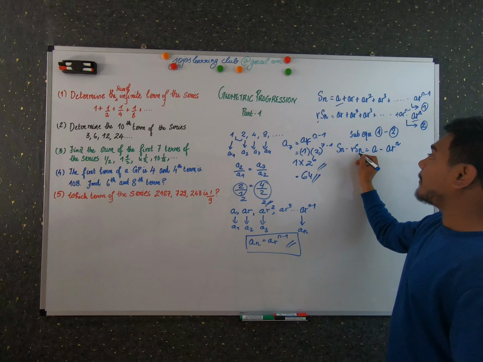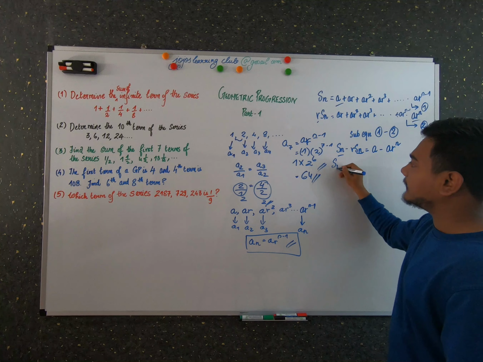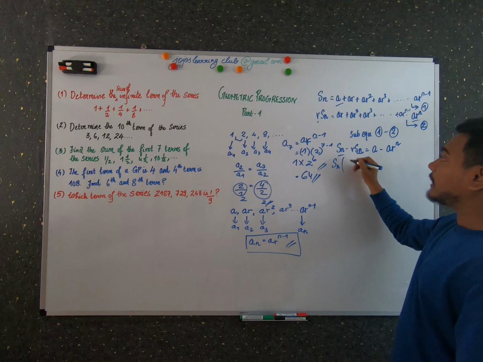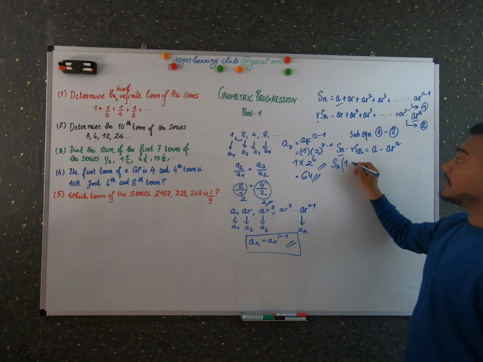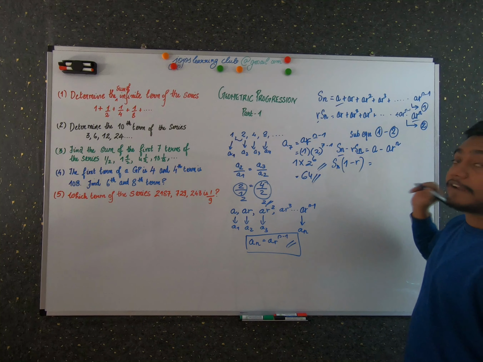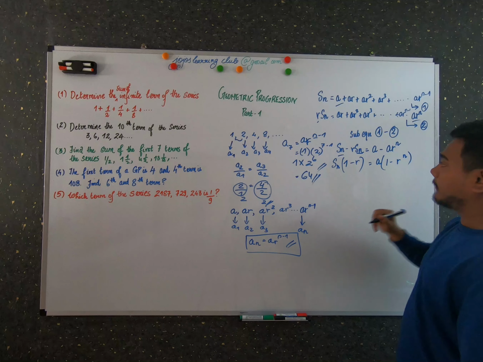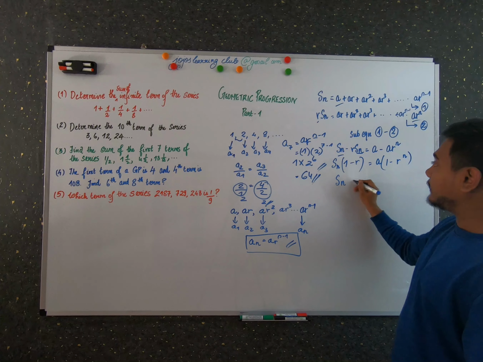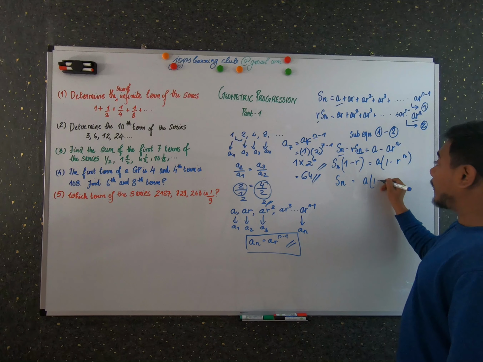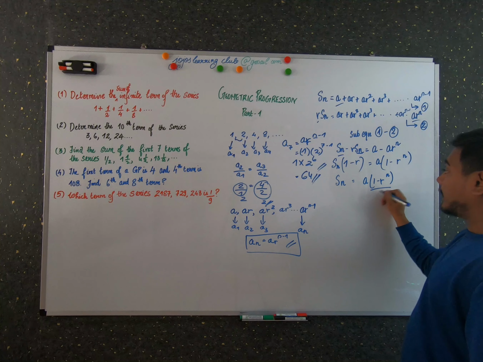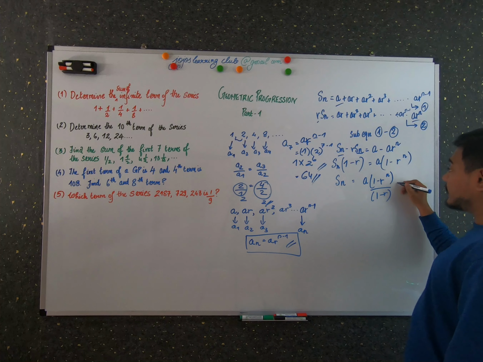Okay. Take the common factor. What is the common factor here? Sn. That is the sum of n terms. What is left here? 1. And what is left here? 1 minus r. And what is left here? A, you can take common, 1 minus r raised to n. So from that you can find Sn is equal to A into 1 minus r raised to n by 1 minus r, which is valid